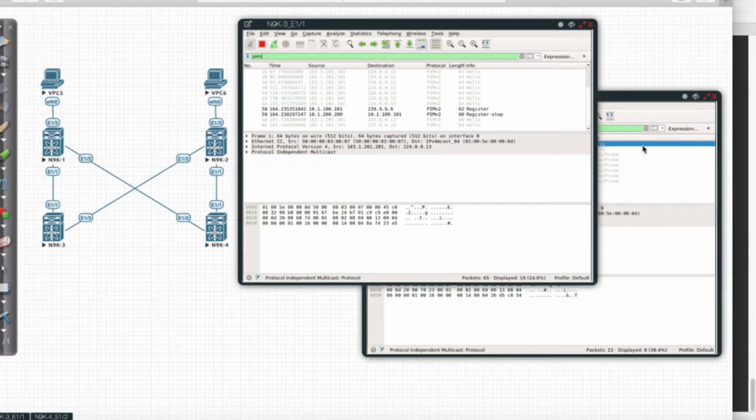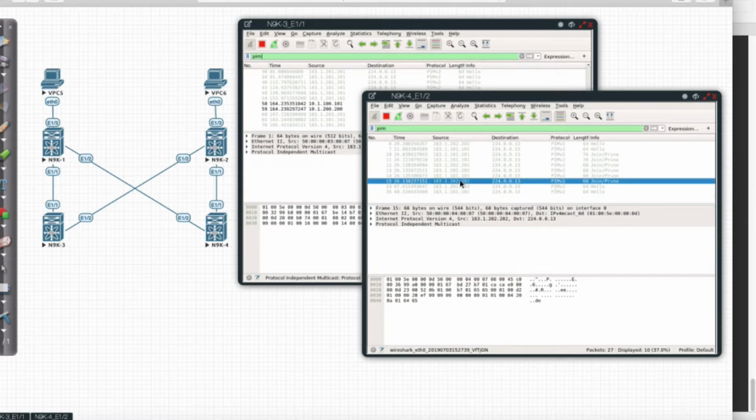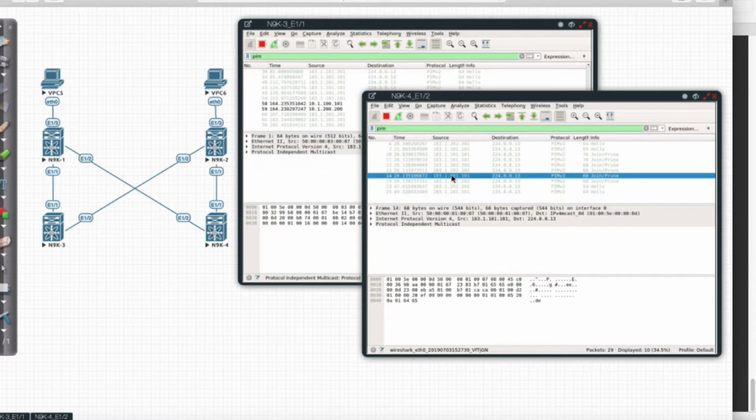Now one of the things I want to pay attention to here is this switch right here, 9K4, which is going to be spine 202, and I want to look at some of these joins. So I see here I've got a join coming from 183.1.202.202. Notice I've got one coming from 183.1.101.101.